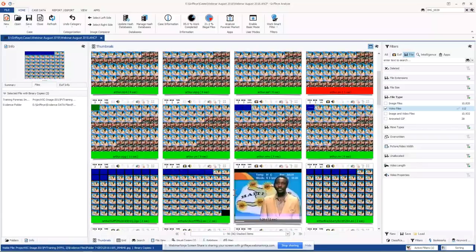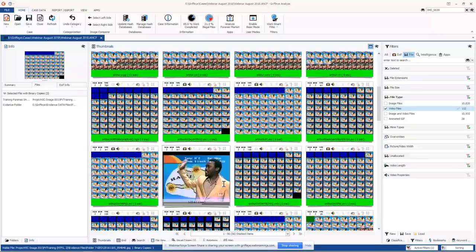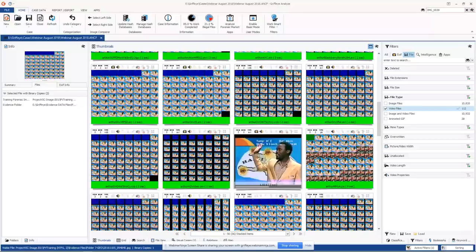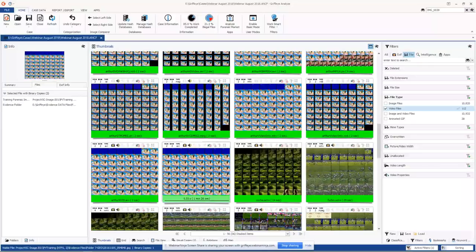And I will tell you right now, the second to last investigation I did as an internet crimes investigator, there were 1.2 million files that I had to go through. After Griffeye deduplicated and pre-categorized files, it was a 65% reduction in just the amount of videos and pictures I had to look at. And I was able to breeze through files like this that I know aren't important, but I don't know until I watch them. So you can get through this stuff really fast. You can watch the video just like that.